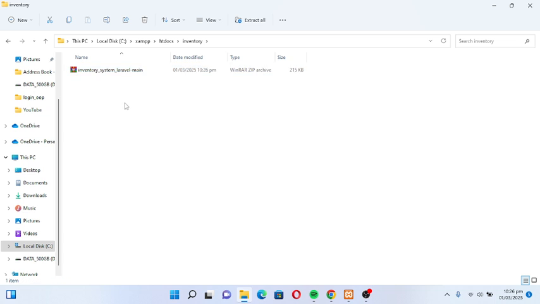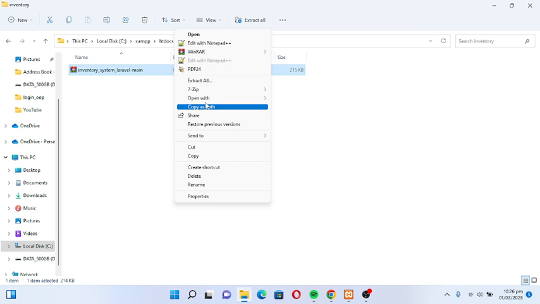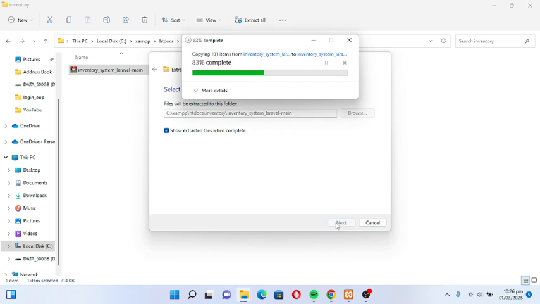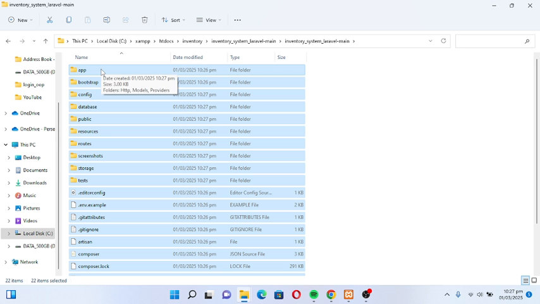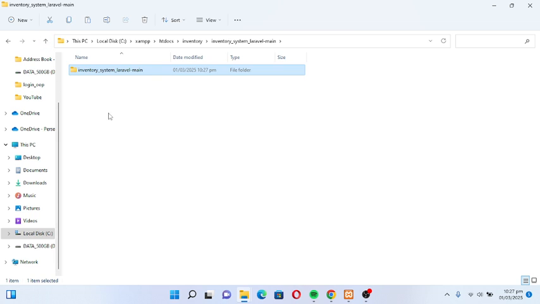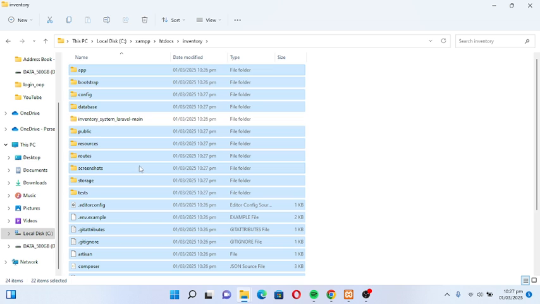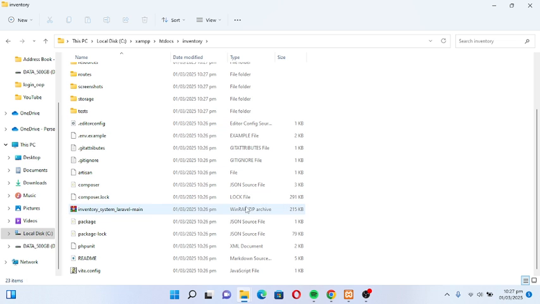Paste the file, and then right click, view more options, extract all. Okay, so we will copy all the files again, and paste on the main folder. Let's say we will remove these files to compress in the folder.